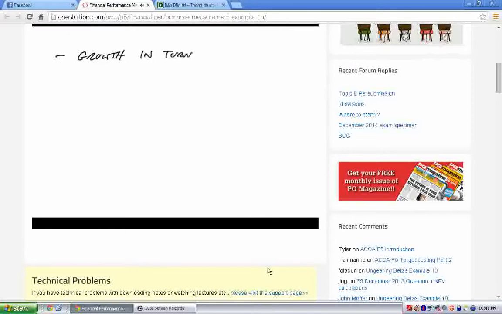I don't know how long ago it was you did ratios, but you've all heard of return on capital employed, current ratio, and we could go on and on. There's an awful danger, as I say, that too many people waste too much time and get hardly any marks. I think you can all envisage what I'm getting at.